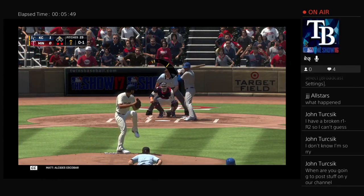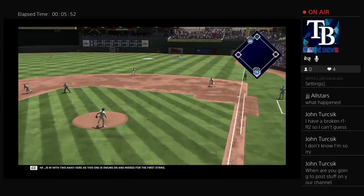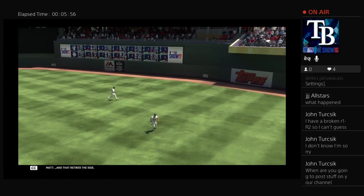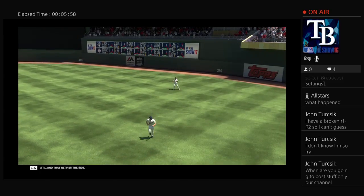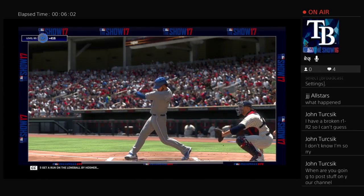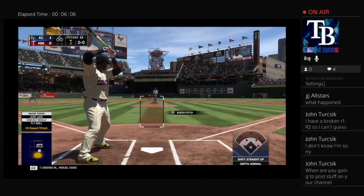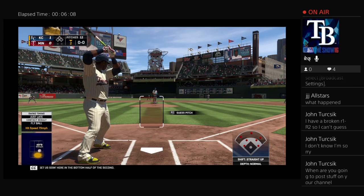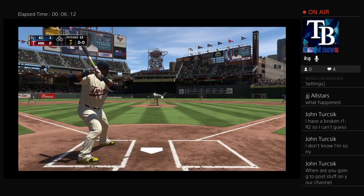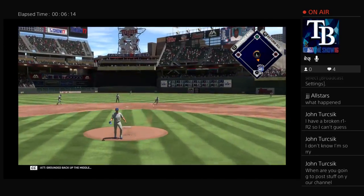Alcides Escobar is in with 2 away here as this one swung on and missed for the first strike. Kepler's there for it, and that retires the side. Royals get a run on the long ball. Digging in, Miguel Sano. He'll get us going here in the bottom half of the second. Third baseman Miguel Sano. Grounded back up the middle,